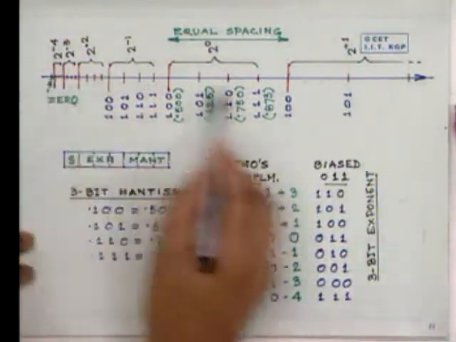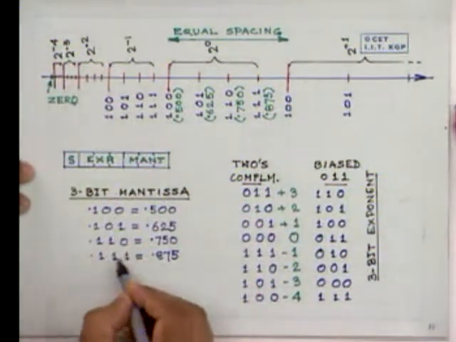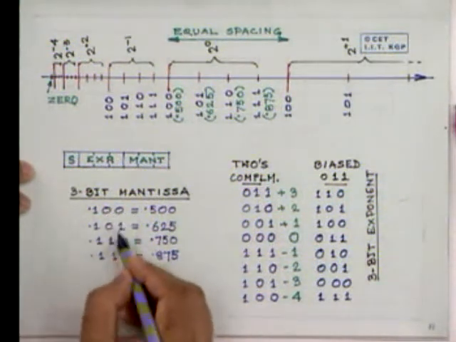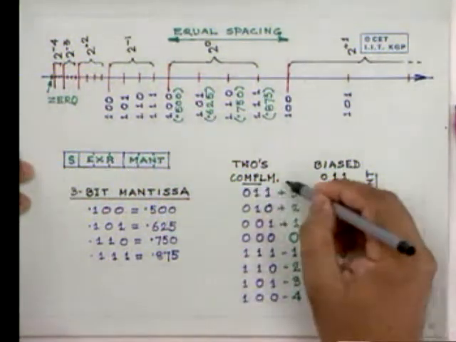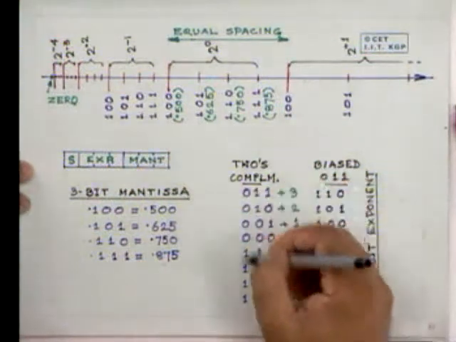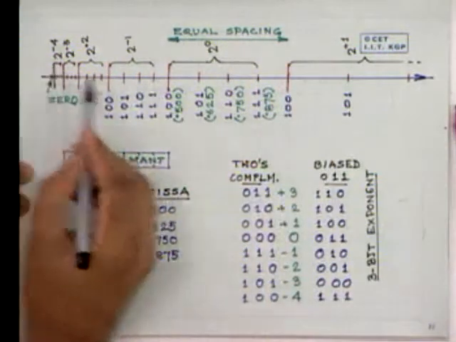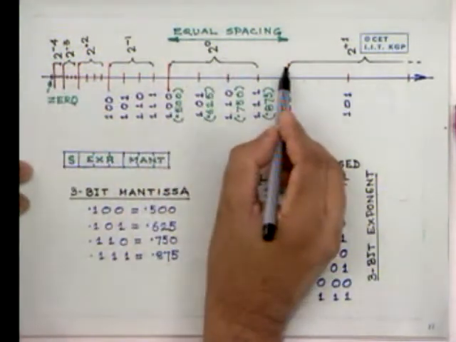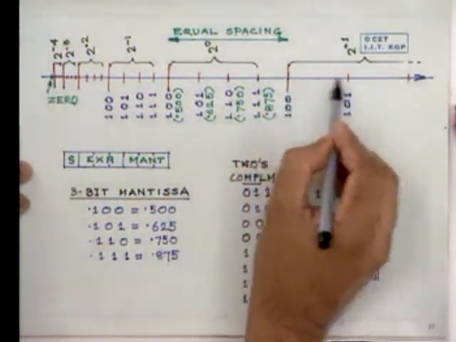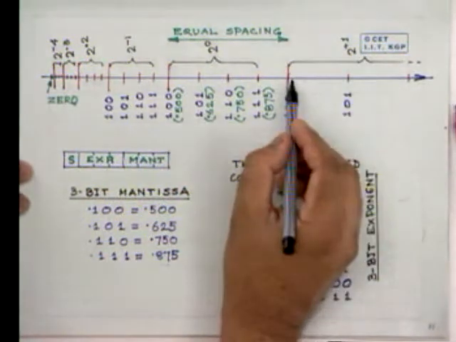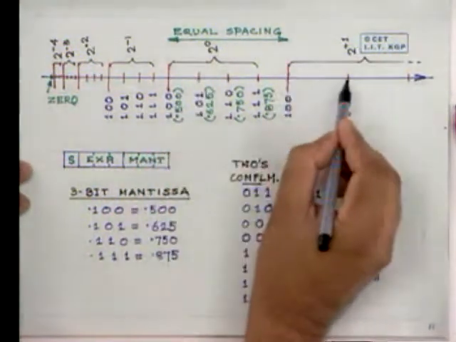Therefore, you see on the positive side, how many numbers we can represent is, say, 4 mantissa representations for each of these, assuming that we are taking 2's complement representation, each of these 8 possible combinations. Therefore, only 32 positions I can represent. And you see that from here to here, there is equal spacing. Immediately, if you go from 2 to the power 0 to 2 to the power 1, the spacing between 2 numbers immediately increases. For example, the spacing is this much here, then the spacing is double this much here.